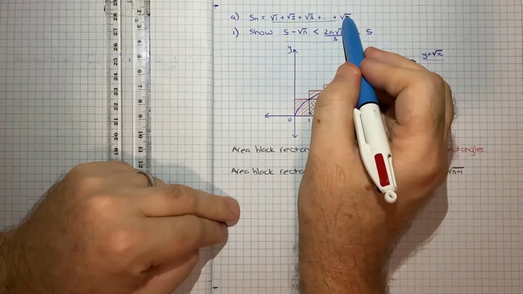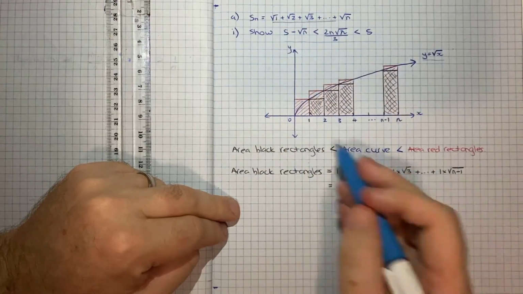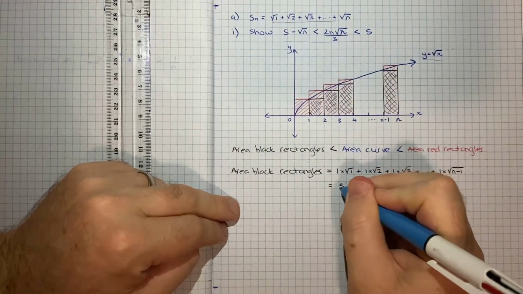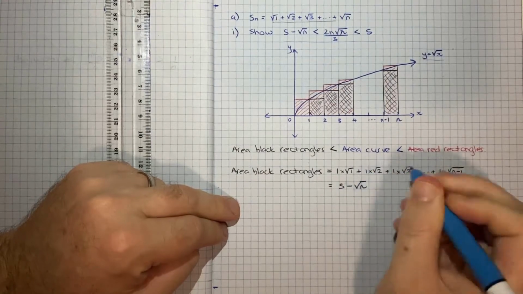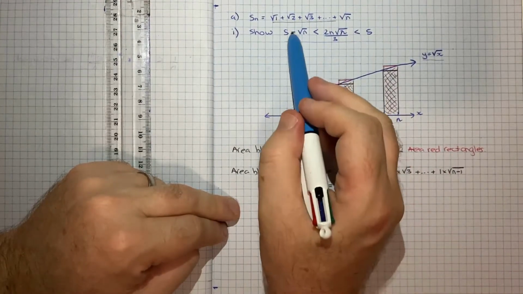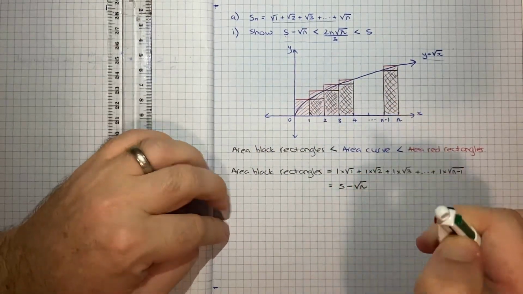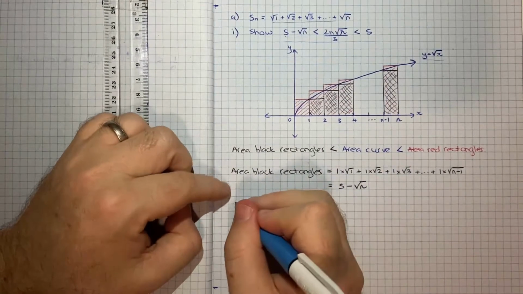So if I moved the square root of n over, then that is what this would be. So I could write that as S minus the square root of n. That's the area under the black rectangles, and it's a good sign because that's the first part of our inequality. Now if I think about the area under the curve,